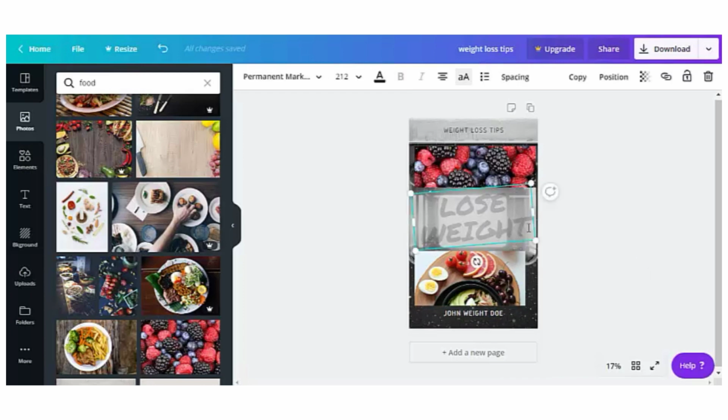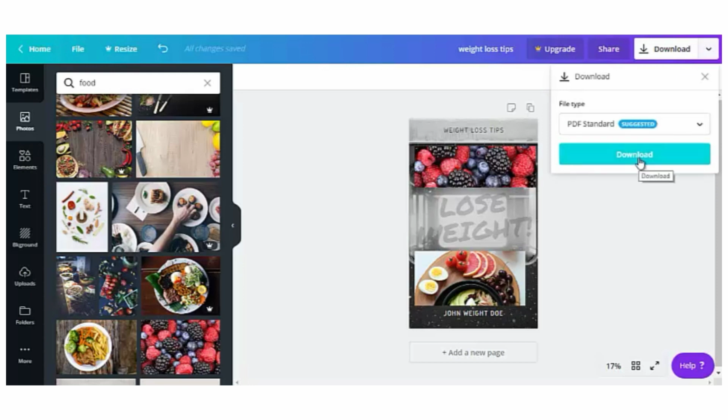Maybe we can add an exclamation mark to lose weight. And there you go. So if you're happy with it, you just go to download, click on there, and choose